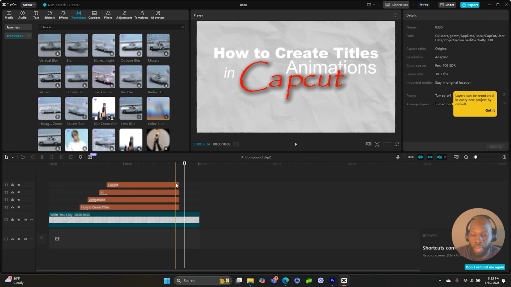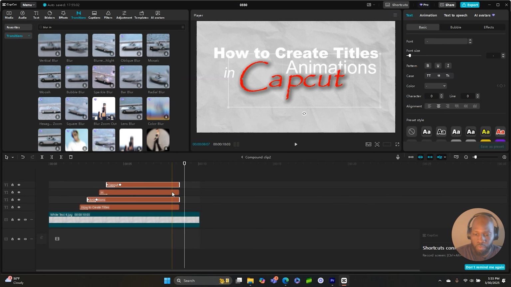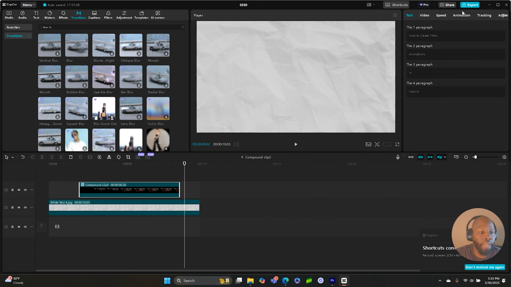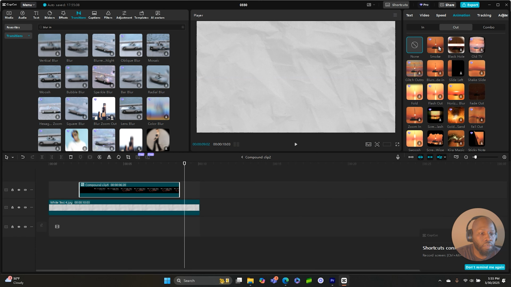Gotcha. When you go in the compound clip, you can make the tweaks as well. So you can make a compound clip within it, and then again add, you know,